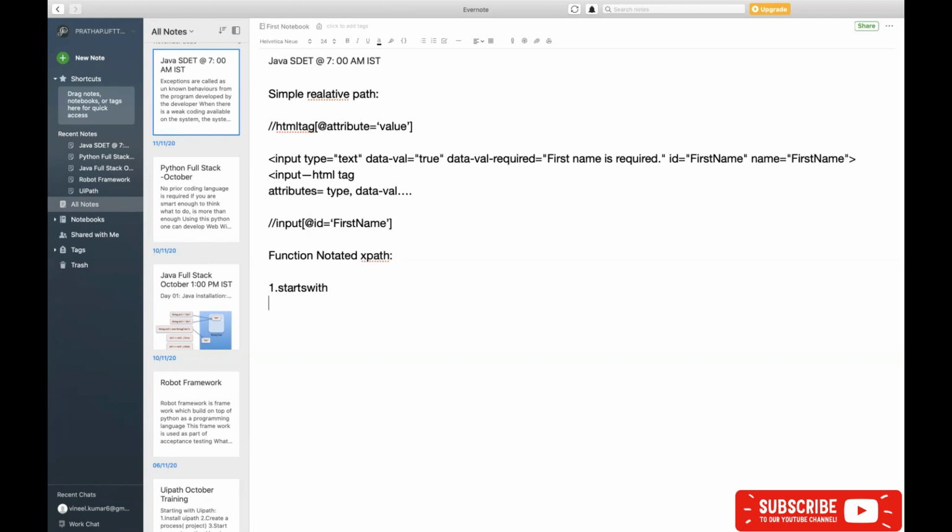The name itself says starts-with. So let's take an example, then we'll discuss it. I have an element whose ID is ABC1234 when the user first opens the application. The ID property is going to look like this.